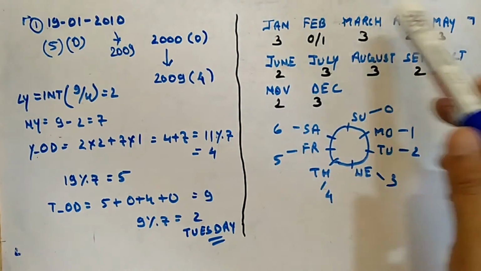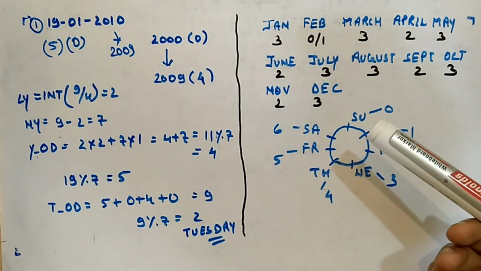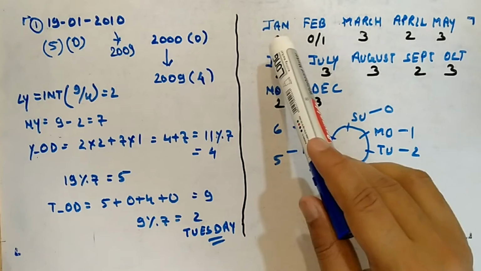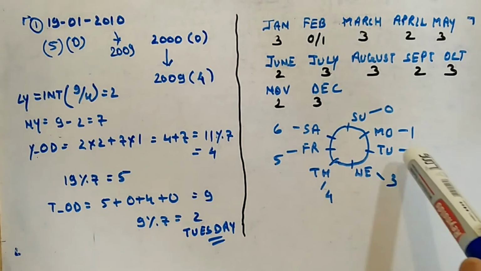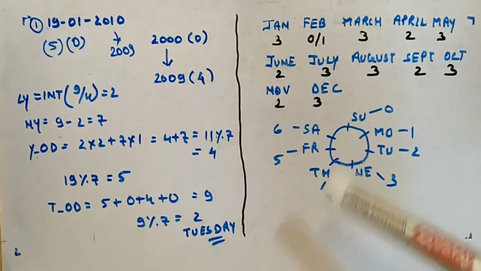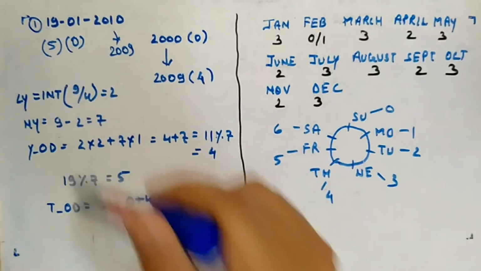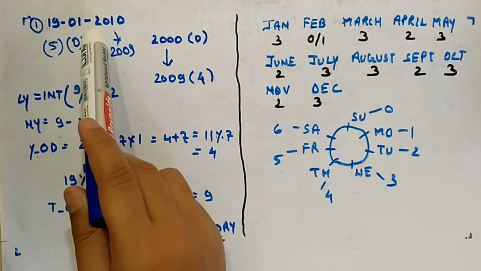So just for reference I have made this table so that you will get the reference, like when you will be calculating the number of odd days for months, you have to count these, and for a day you can see this. So these two things are just for reference. Examples I'll be dealing with here. So first you can see 19 January 2010.